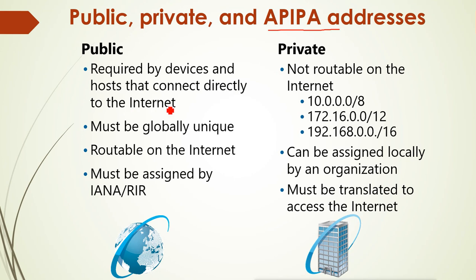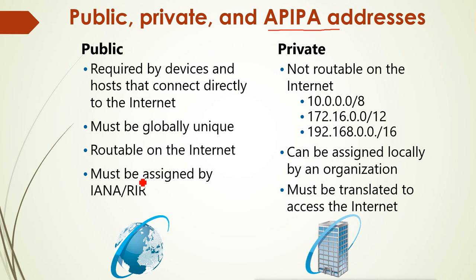So if your machine, your device wants to connect to the internet, then you have to have the public address. Otherwise your machine, your device will not be able to connect to the internet directly. Also it must be globally unique, because we are connecting to the internet by using the public address. That means whatever IP you are using should not be used by any other machine all over the world. It must be unique,